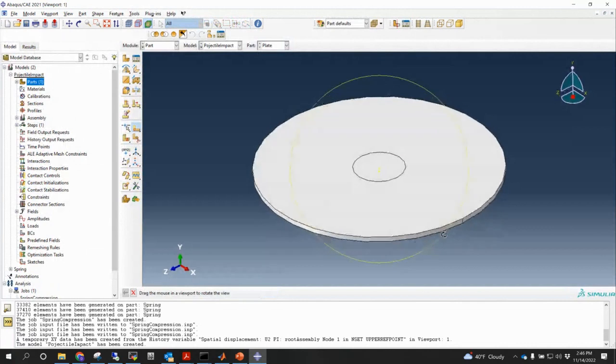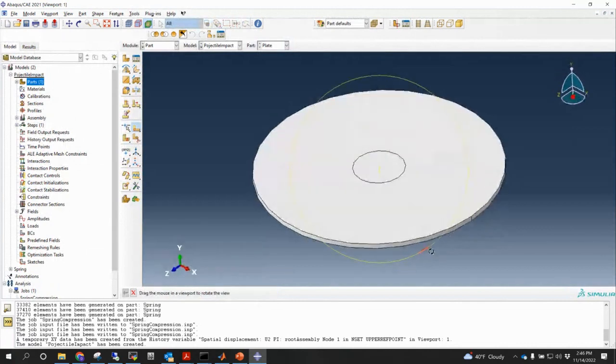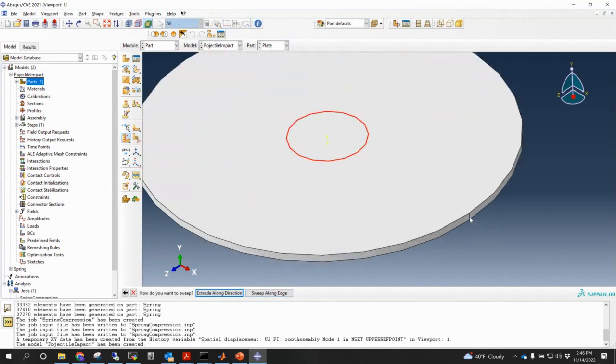And if we look below the plate, we haven't partitioned everything. So I have to extrude that drawing, and it's called sweep. So I'm gonna go here on this menu, and then I'm gonna say sweep edges. Which edge do I want to sweep? This one. Which direction? This is the direction of sweeping,